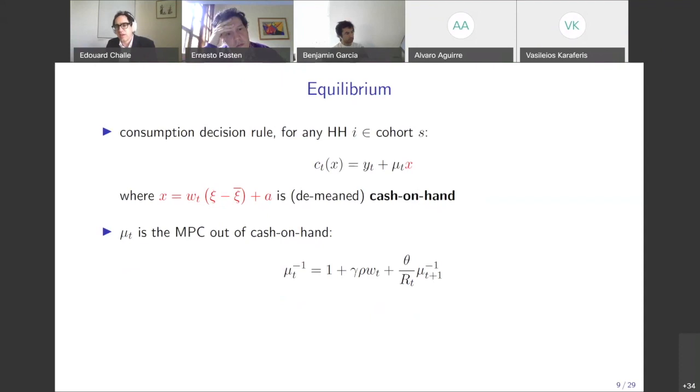So if people have been lucky in the past or unlucky in the present, they will have a high x and therefore a high c_t. Over time, people will be hit by repeated idiosyncratic shocks, so their x's will depart from each other, and therefore the consumption levels of the various agents will diverge gradually.